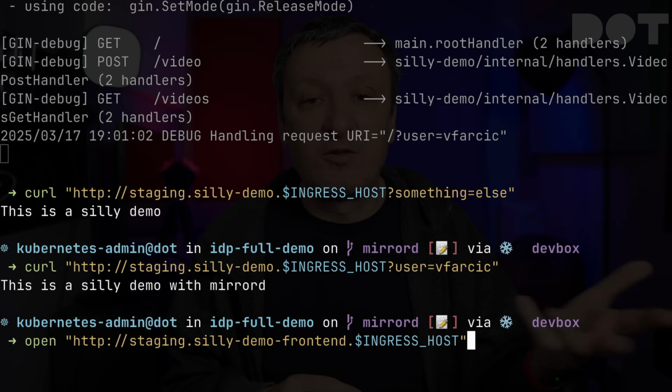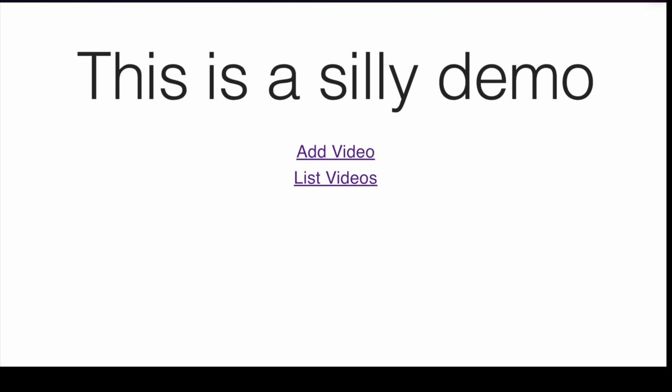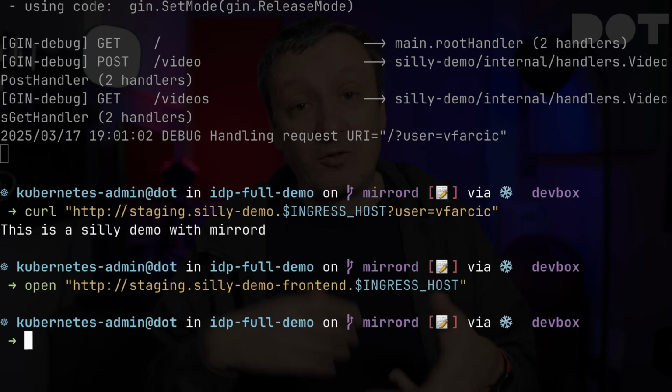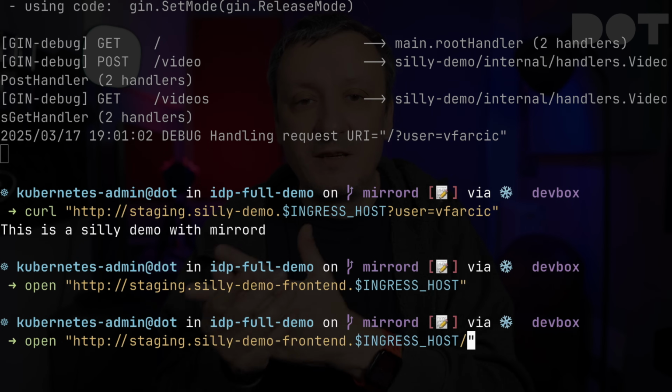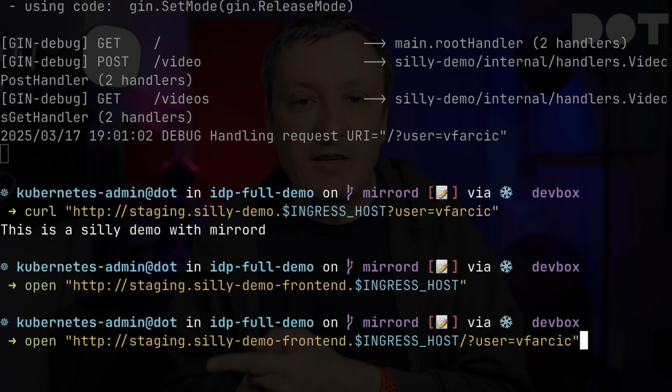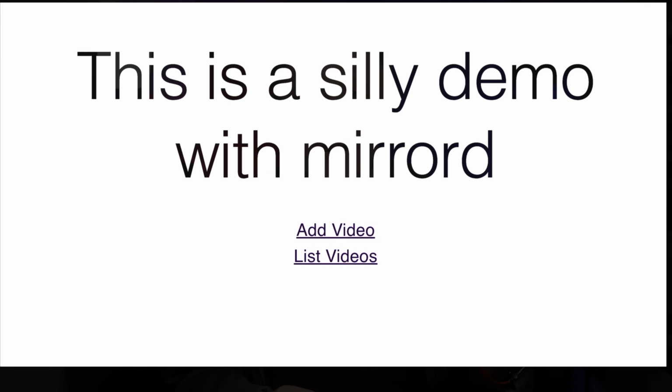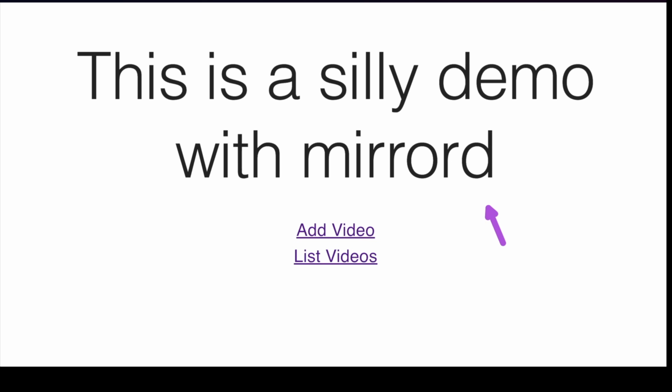Similarly, someone else might open the frontend. That person would not see anything special since the frontend would be sending requests to the remote backend. We can see that through the header text retrieved from the backend. On the other hand, I can open the frontend with the query parameter user set to vfarsec. This time the frontend also sent a request to the remote backend, but that request was stolen and forwarded to the local process, which responded with "this is a silly demo with mirrord,"